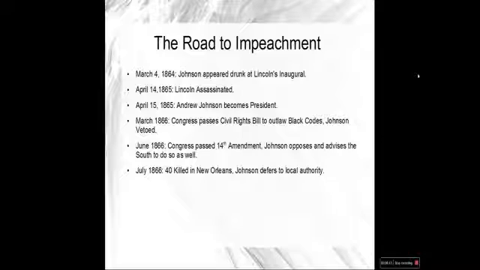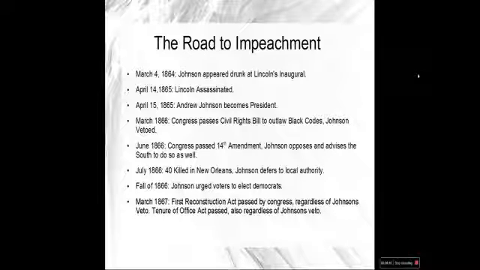July 1866. In New Orleans, Louisiana, 37 Negroes and 3 white sympathizers were killed by police and white citizens. Again, Johnson took no action, deferring to local authorities. Fall of 1866. On a political tour of the Midwest, Johnson urged voters to elect Democrats to oppose radical Republicans. He denounced his opponents in language similar to his February 22nd speech. Though the powers of hell, death, and Thaddeus Stevens combine, there is no power that can control me save you, the people, and God.